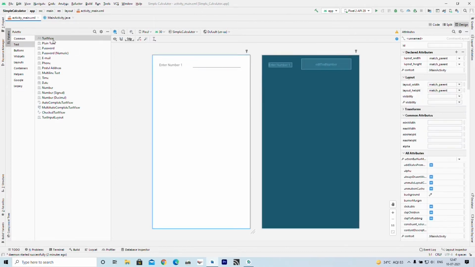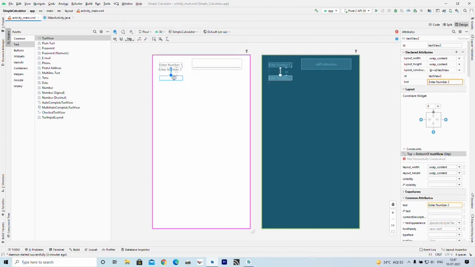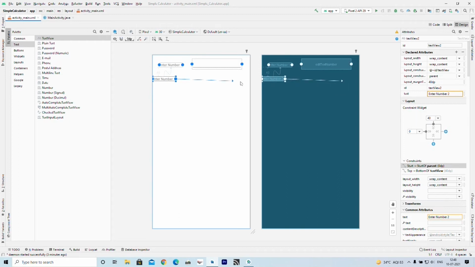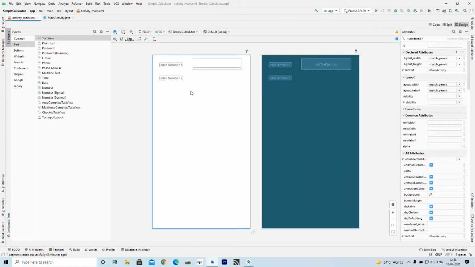Similarly, I want to add another text view to display the message enter number 2. So now I will change its text to enter number 2 from the attribute window, and again I am giving a constraint, so now it will not move.